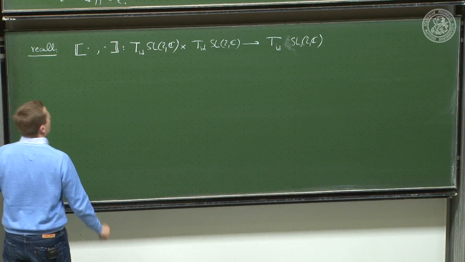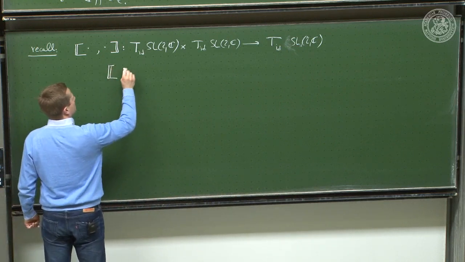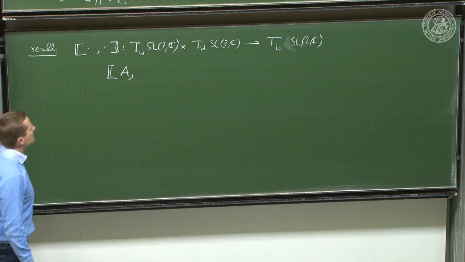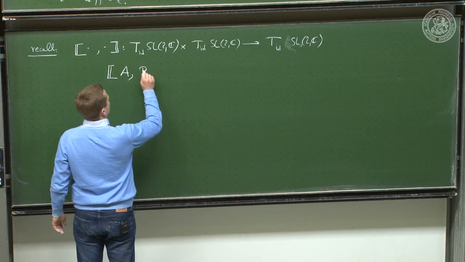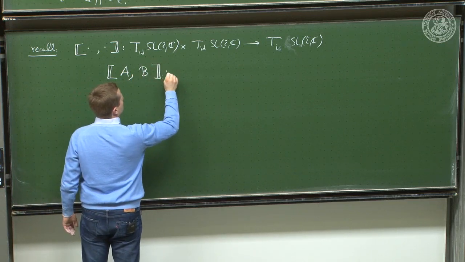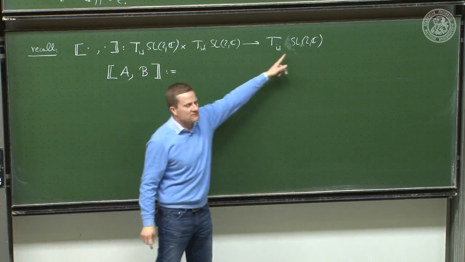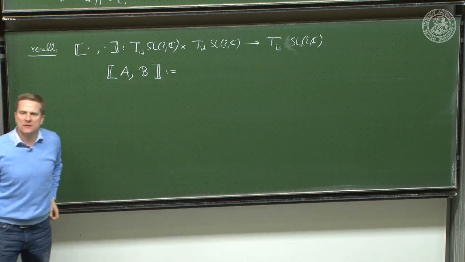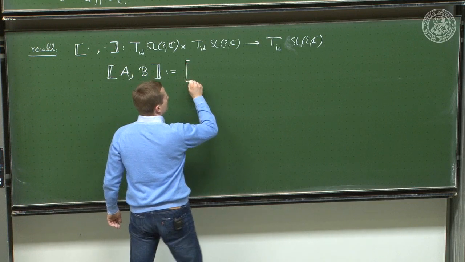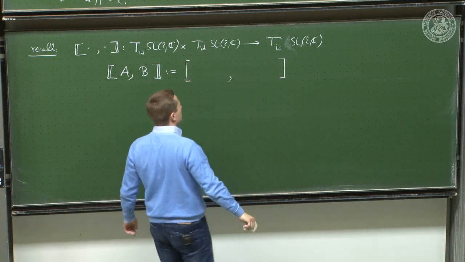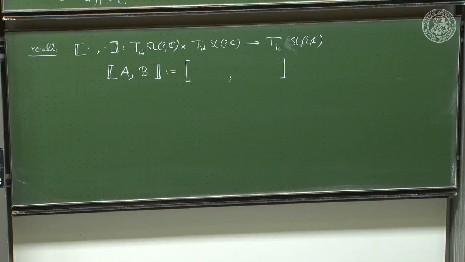Okay? How? Well, we take a vector, let's call it A. It's just a tangent vector to SL2C at the identity. And I take another such tangent vector. And now I need to say which tangent vector at that point this is supposed to be. And the idea was, well, I can use the differential geometric commutator that eats two vector fields. But so I need to construct from the white A vector at this point, so it's just the A in this tangent space, and the green B vector at this point,